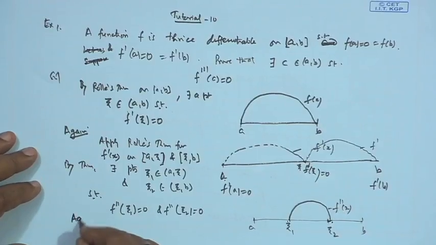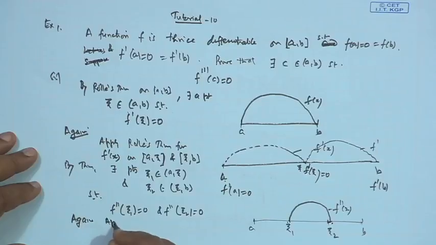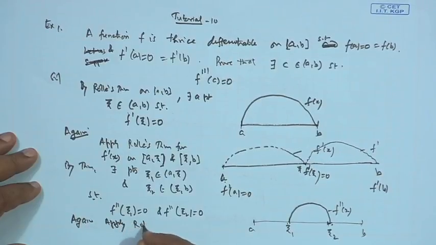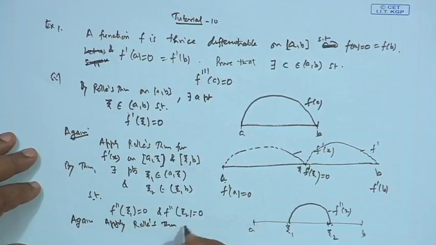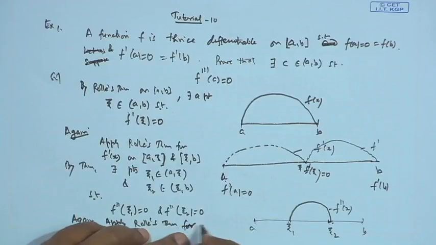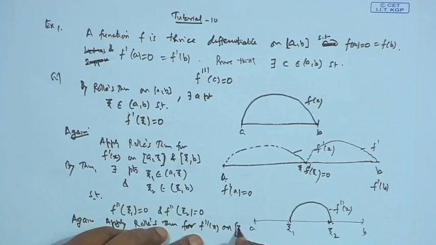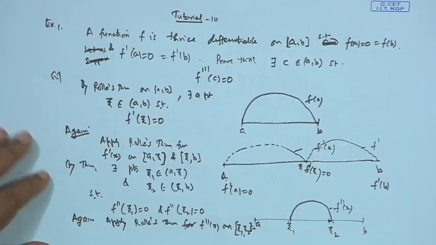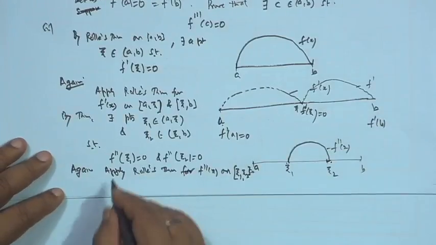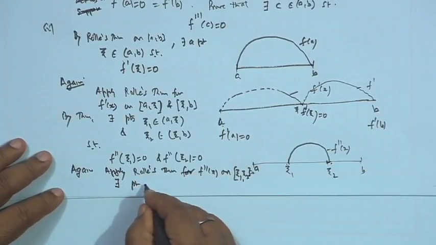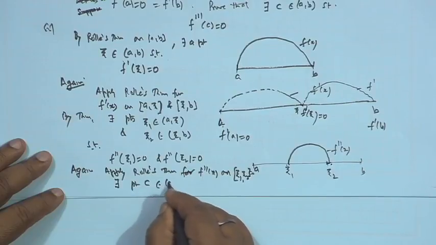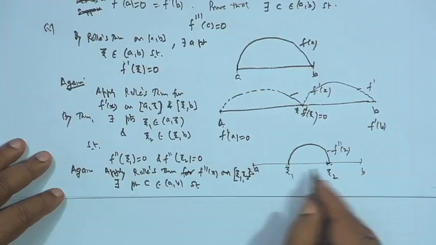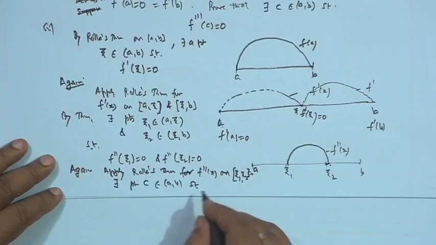So, again apply Rolle's theorem for the function f double dash on the interval [xi 1, xi 2]. From here we get there exists a point, say c, in the interval (xi 1, xi 2)